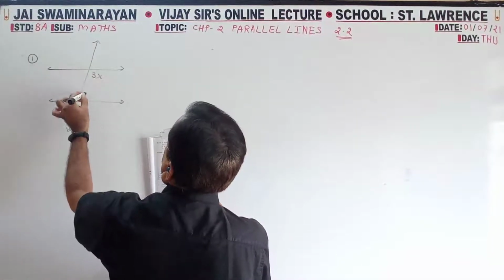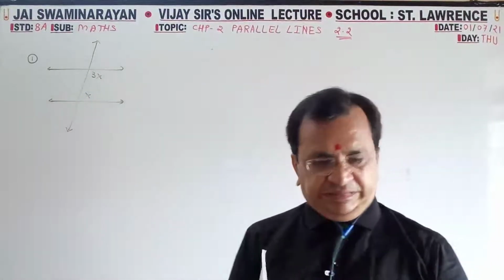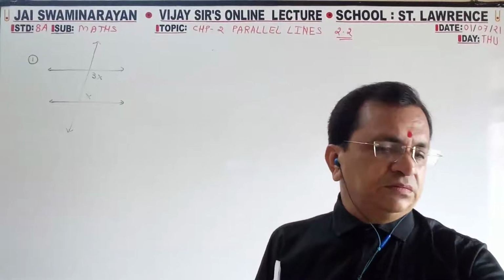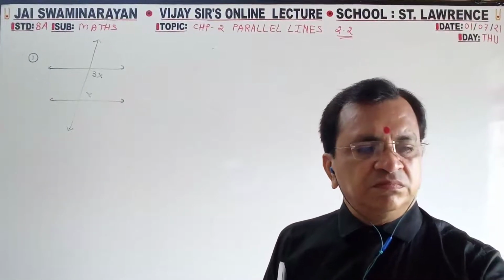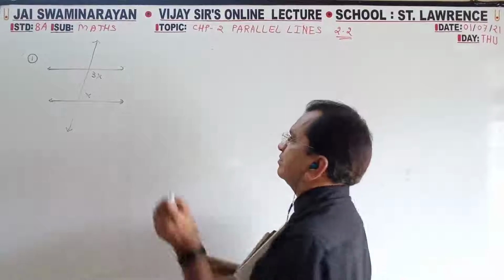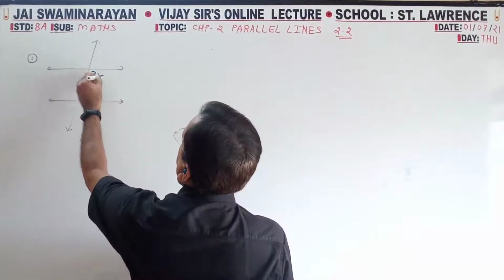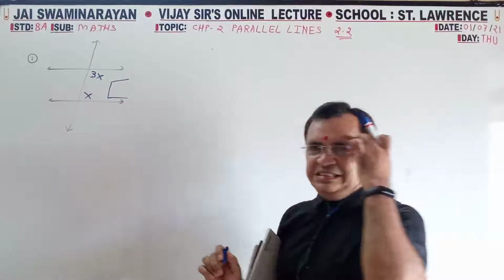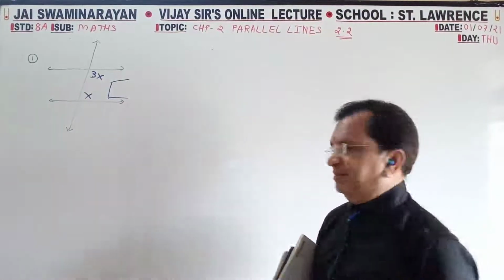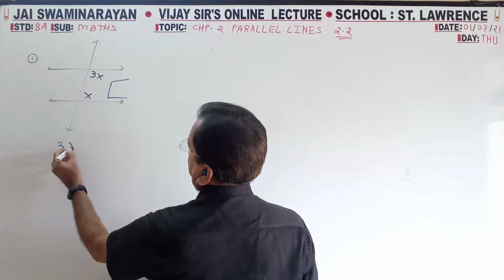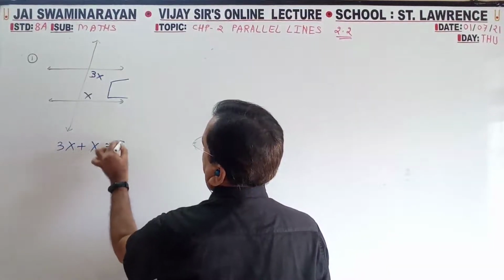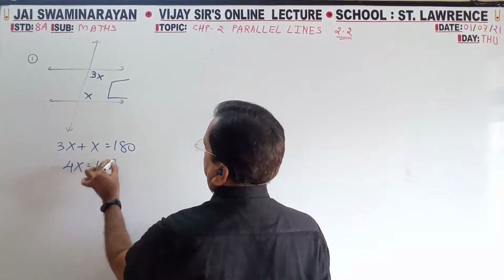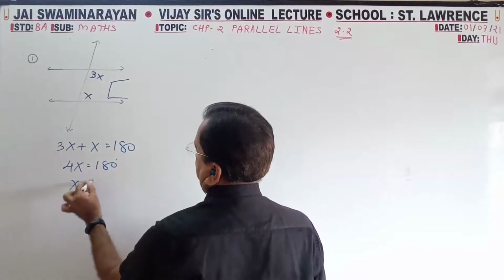This is 3x, this is x. You can see it is interior, a C shape. So you must know that 3x plus x is equal to 180. So 4x is equal to 180. So x is